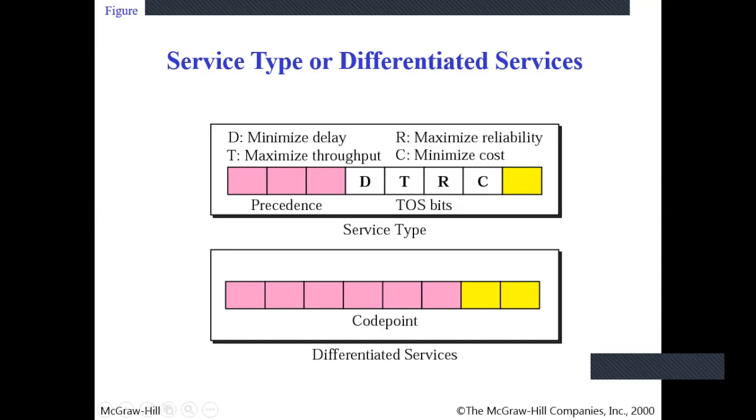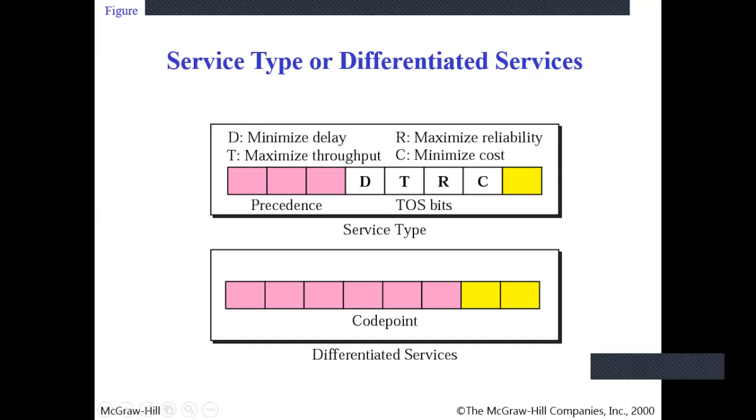In earlier times, the IPv4 service type field was defined as a differentiated services field. So the service type field is now known as the DTRC bits type of service field. The values of these DTRC bits are represented as 0 and 1. When IPv4 provides minimized delay, this particular bit is 1 and the rest are zeros.